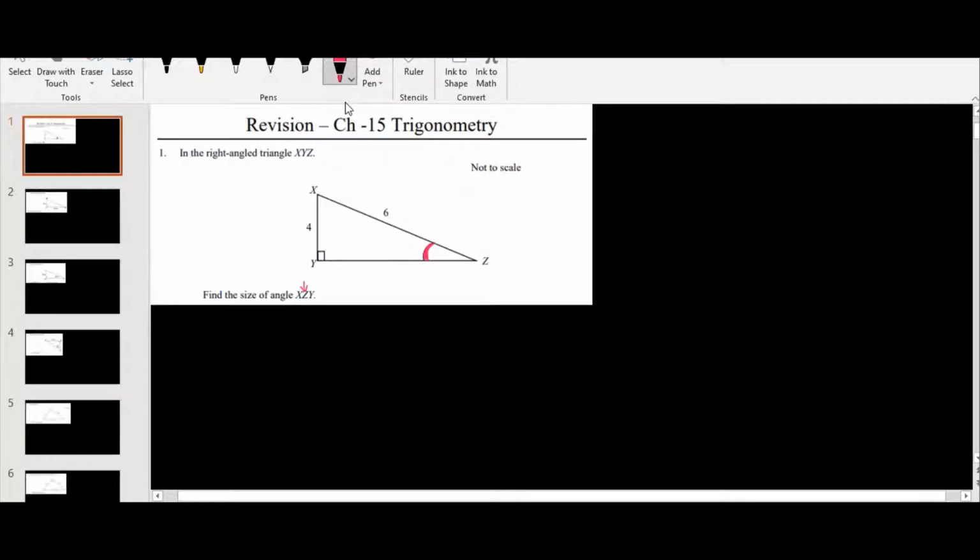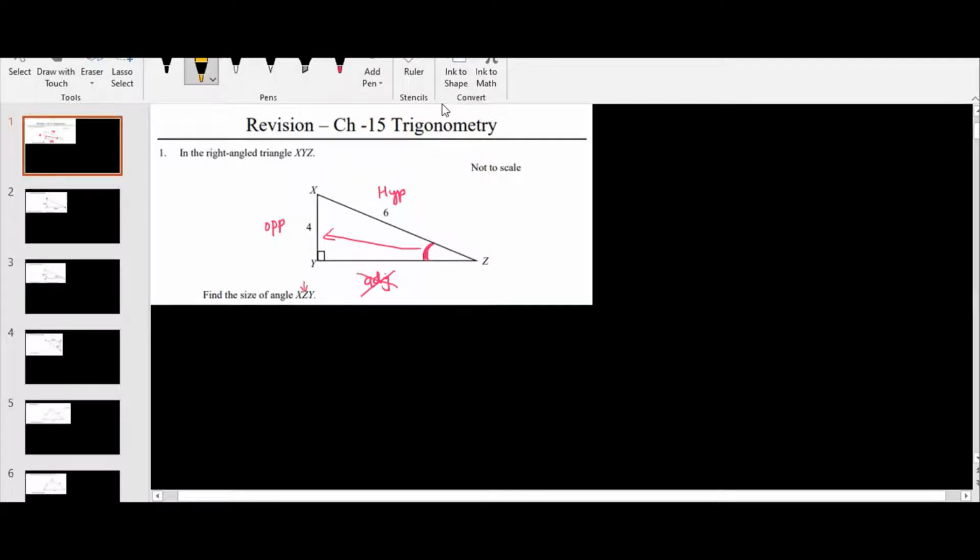Since it is a right angle triangle, we can use trigonometry ratios. We can use either sine theta, cos theta or tan theta. Before that, we will first mark the sides. This is the angle Z we are going to find out, and just opposite of this angle is the opposite side. This becomes the adjacent side, and this is the hypotenuse side. If we see this diagram, we don't require any adjacent side. So we are going to focus only on opposite and hypotenuse.